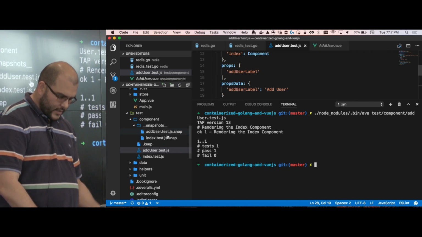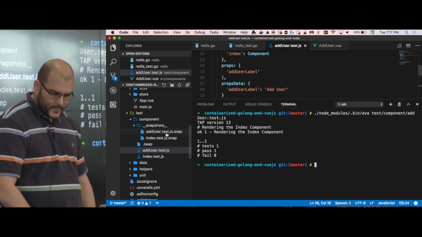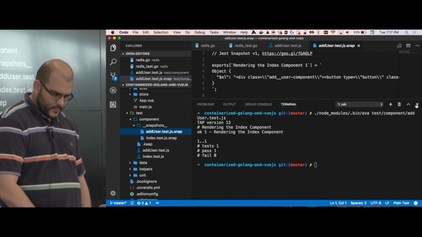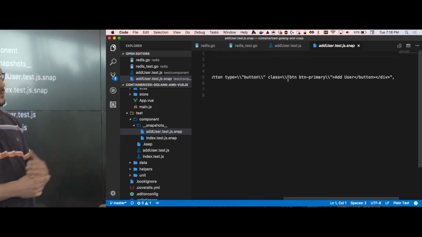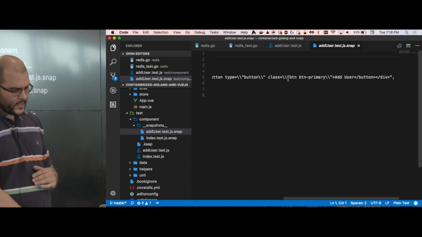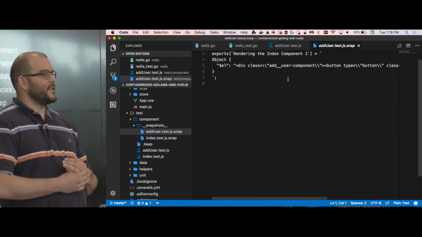But notice something in here. It generated something called a .snap. So if you look inside here, this actually rendered that component. And you see that information, pass add user? So it did a snapshot and it compared it. And so one of the reasons why I'm even doing the test is